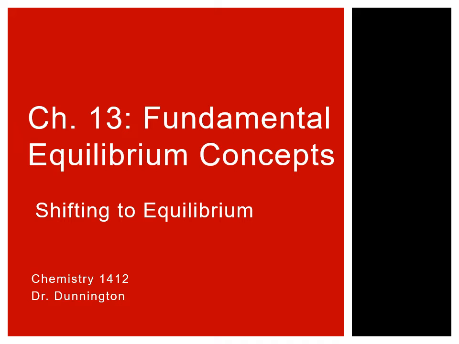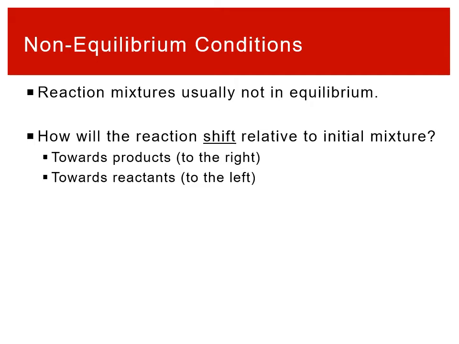Now I want to spend some time talking about what it means to shift to equilibrium. We know reactions will reach equilibrium. What does it mean when they shift to reach that ultimate and inevitable equilibrium? The idea of shifting to equilibrium comes from the fact that we never create equilibrium mixtures